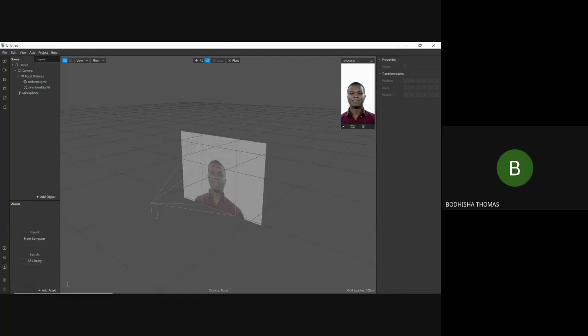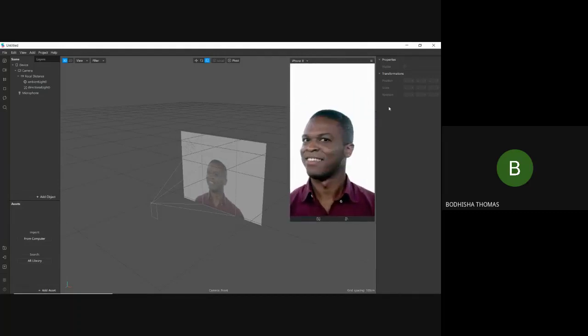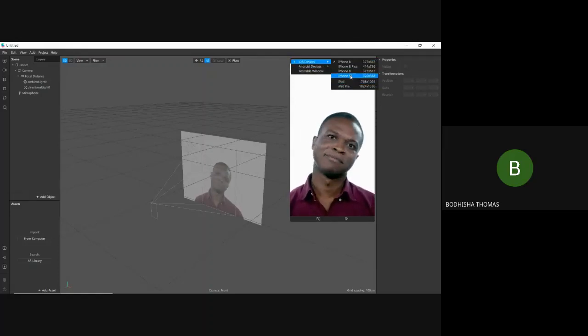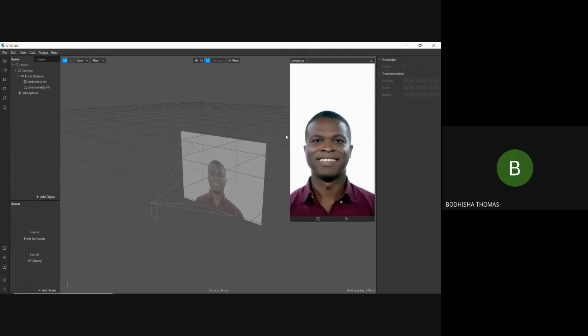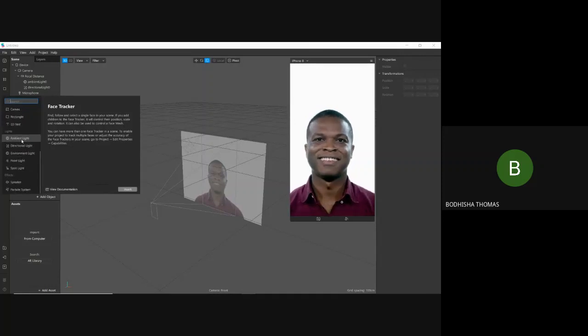Like you can increase or decrease the size of the object. Then here, this is the simulator, which represents the device screen used to preview your effect. So you can change the device to any of your preferred device, or you can use the default one. Then you have this scene panel where you add your objects. Whenever we add an object to the scene panel, it will be reflected in our effect as well as in the viewport. So you can add this object by clicking on add objects. You can see a number of available objects here, and you can experiment with each of them.